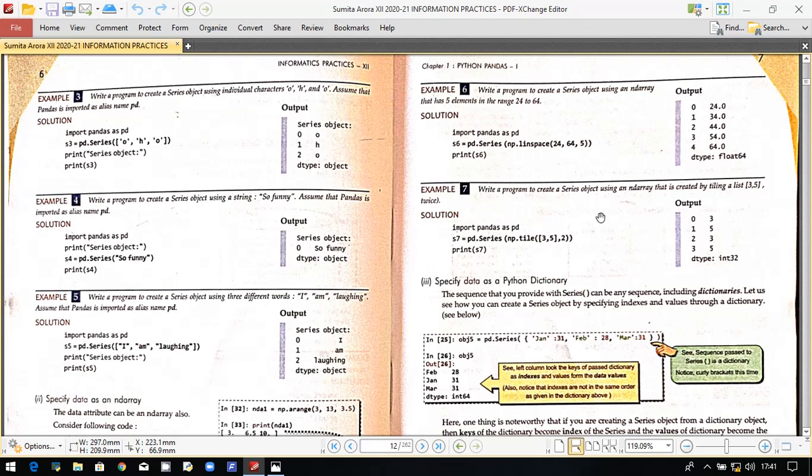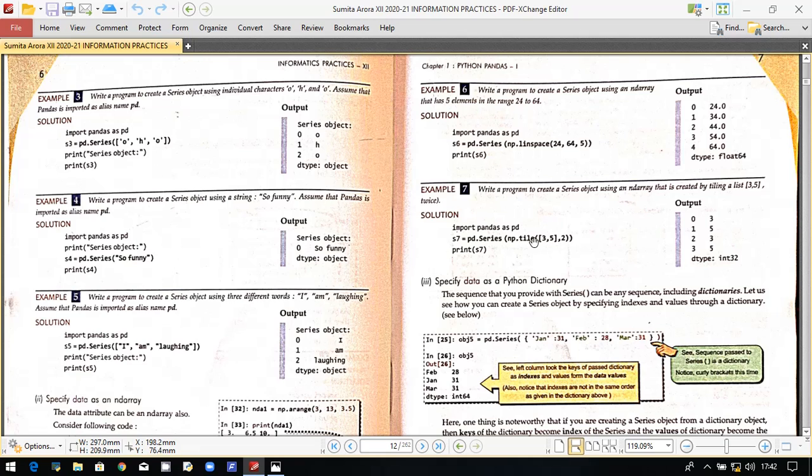Okay, now there's another example given. Write a program to create a series object using an ndarray that is created by tiling the list [3, 5]. It is asking you to tile the list twice. Again, this is a function of numpy. So again you will write import numpy as np and then import pandas as pd, and then you create a series object s7 equal to pd.Series and then np.tile([3, 5], 2).